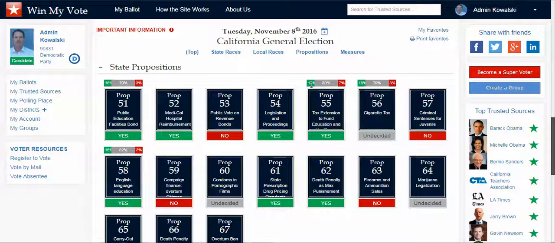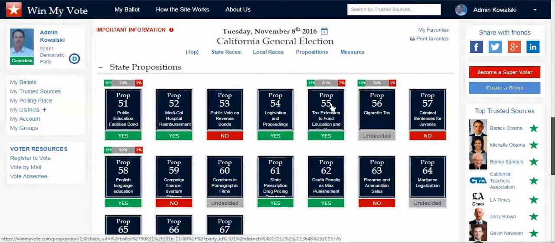Also, the percentage here is the percentage that's logged in. This is actually a real ballot count from the National Student Parent Mock Election that we did. But 80% of the people that were logged in still didn't vote on this proposition. So it's great for groups and organizations that are pushing propositions or opposing propositions, so that their members know which ones they support and which ones they oppose, and they can go through that real quickly, and indicate that on